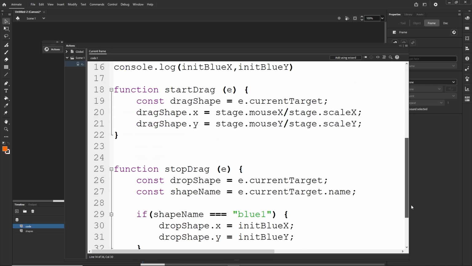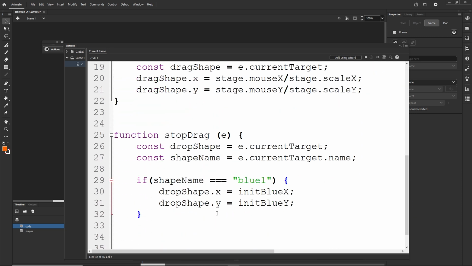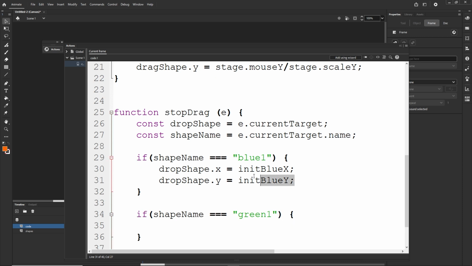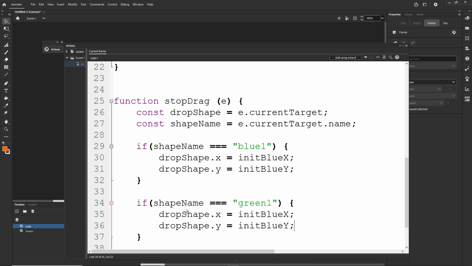And now, very simply, I can create one more if statement. I will go line by line. So if shape name is equal to green one, then what I want to do is make dropShape.x and dropShape.y